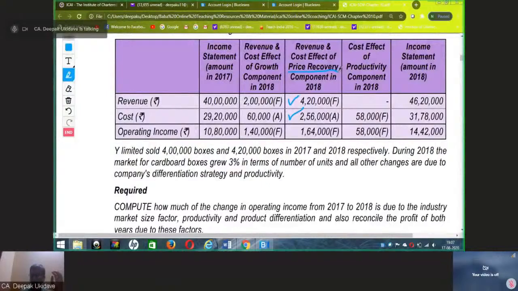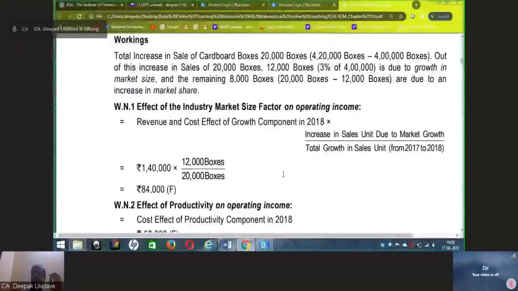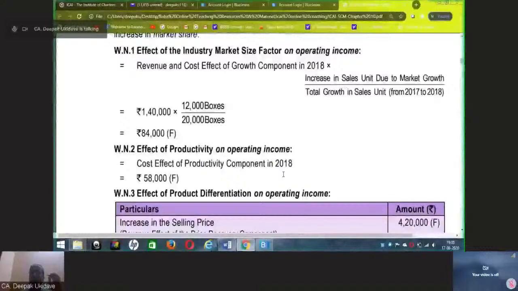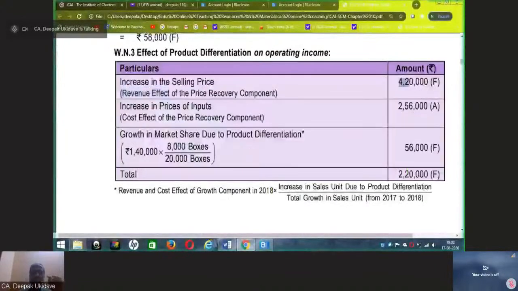So in our working note 3, we have taken into account this 420 and 256. Increase in the selling price, that is the revenue effect, and that is 4,20,000 favorable. And there is the cost effect, after the revenue effect. Cost effect is input prices, cost in terms of input prices. Revenue effect is output price, the selling price increase, and this is the cost effect of the price recovery component, that is 2,56,000